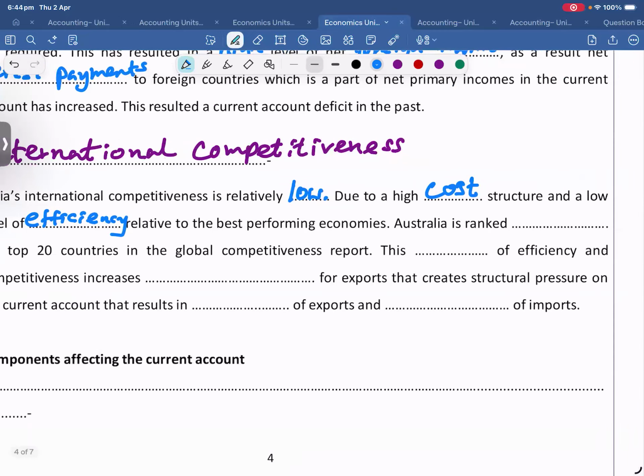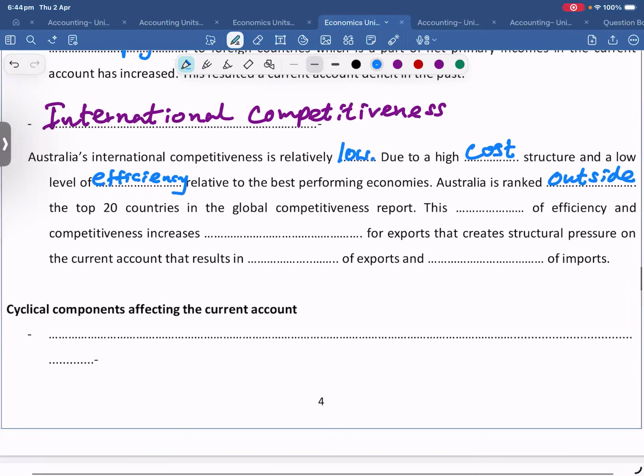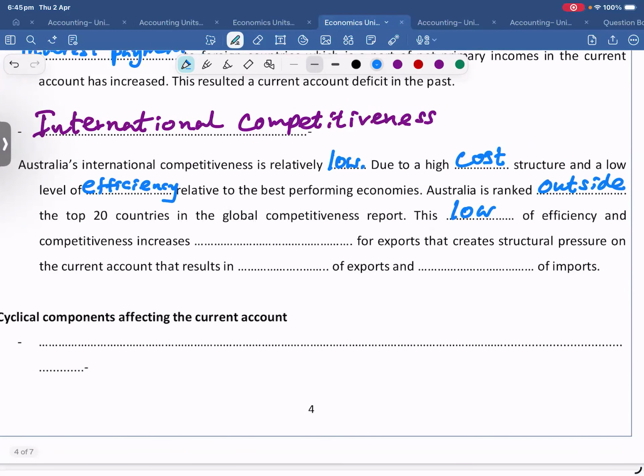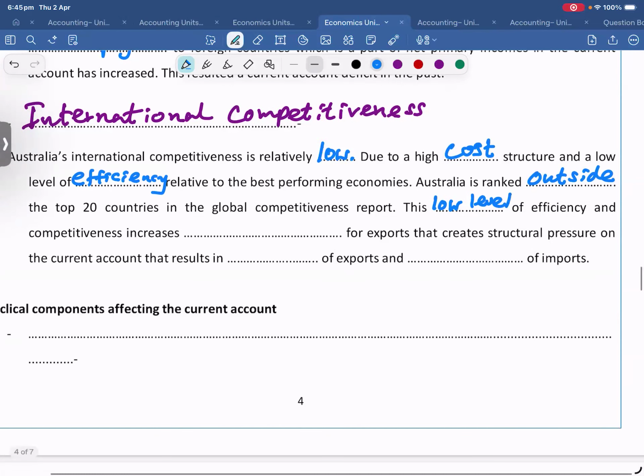Australia is ranked outside of the top 20 countries in the global competitiveness report. This low level of efficiency and competitiveness increases